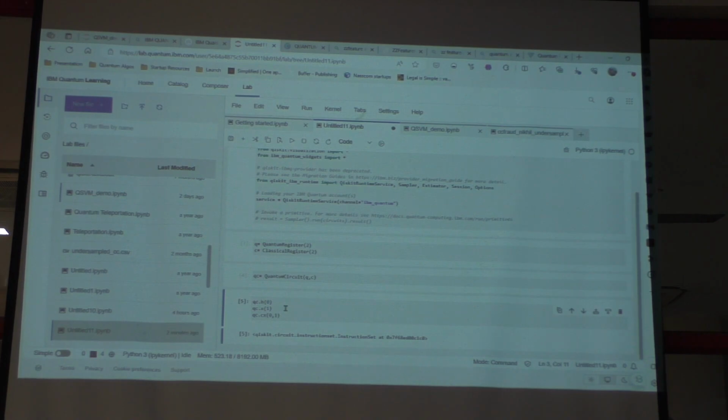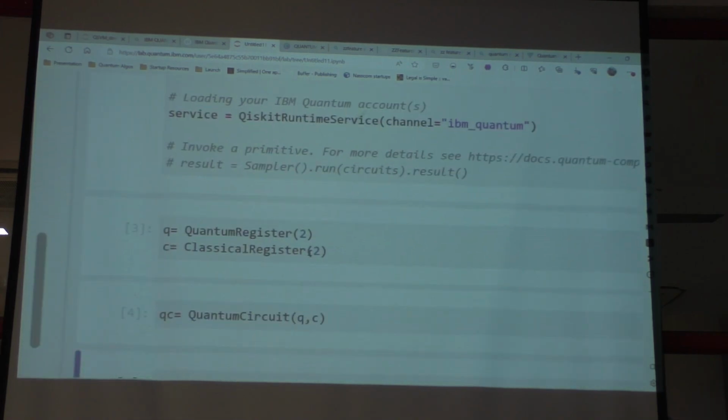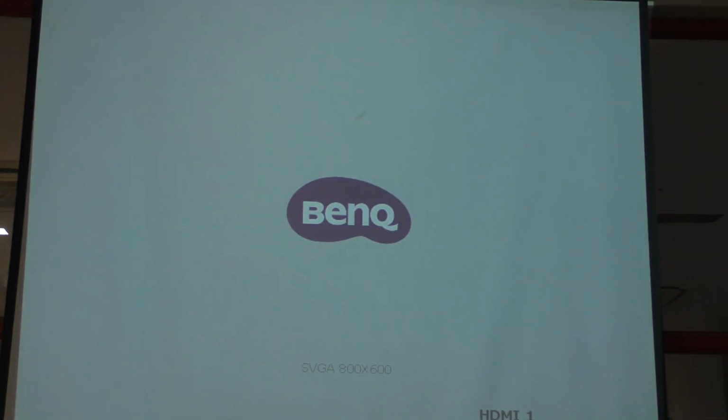Oh, probably I should zoom in a bit. Is it clear now? So we have, okay,